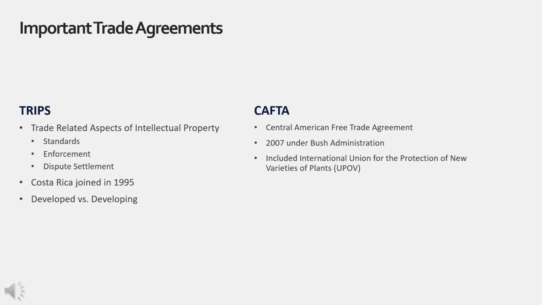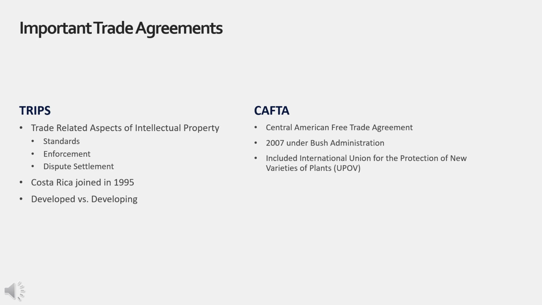TRIPS has performed well in the eyes of some. The analysis of TRIPS' success, however, is dependent upon the researching body's perspective, as the agreement was highly influenced by global politics. Though Costa Rican national patent applications did not increase, one study found that, quote, a stronger protection of property rights increases technological transfer from the north to the south of the world, benefiting the less wealthy economies, unquote. Thus, the TRIPS agreement and its imposed standards may not have bolstered innovative activity within Costa Rica, but it may have helped to introduce the country to new technology from developed nations.